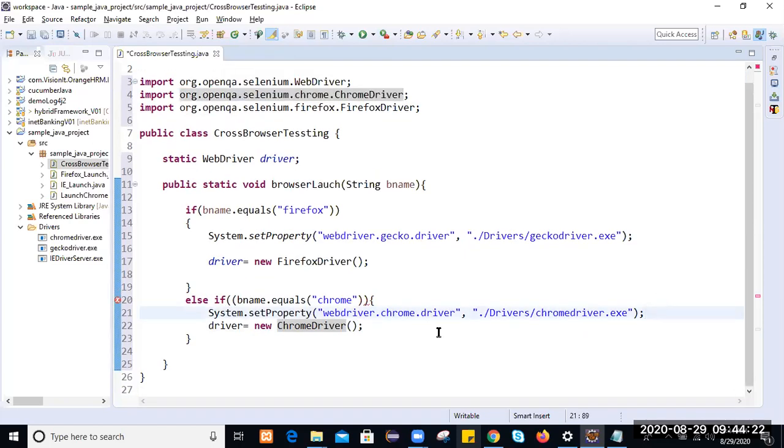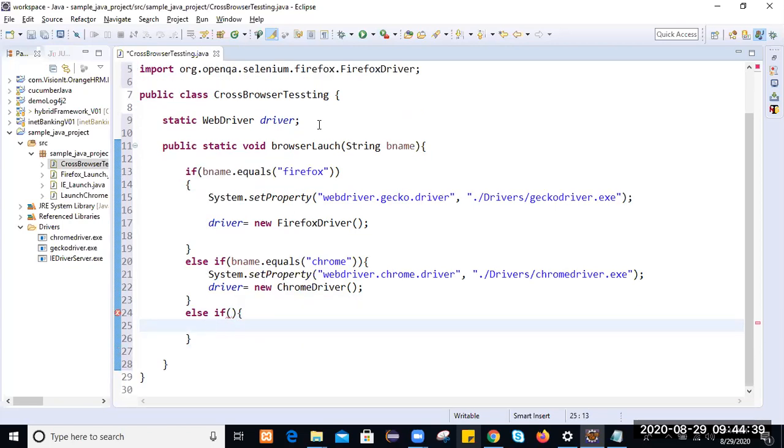Now, a third time, let's suppose you don't want to work with this either. You want to work with Internet Explorer. Just check whatever browser you are passing.